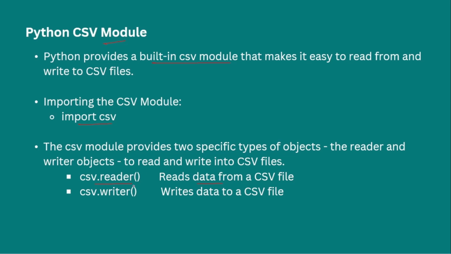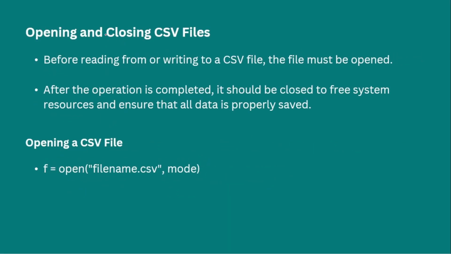And if you want to write into a CSV file, we say csv.writer. It writes data into a CSV file. Okay, so next is opening and closing CSV files. Before reading from or writing to a CSV file, the file must be opened. So we need to open the CSV file in order to read or write from it. After the operation is completed, it should be closed to free system resources and ensure all the data is